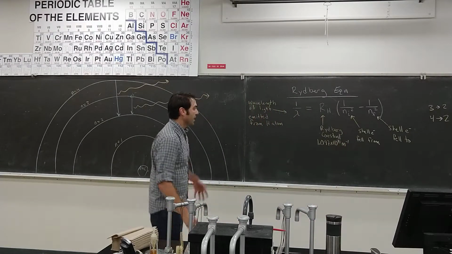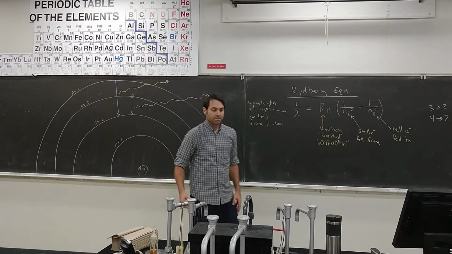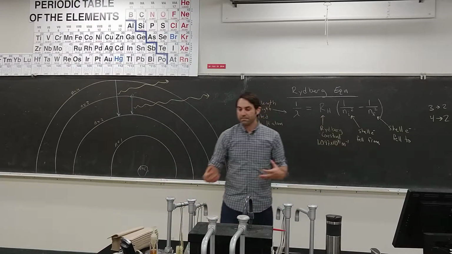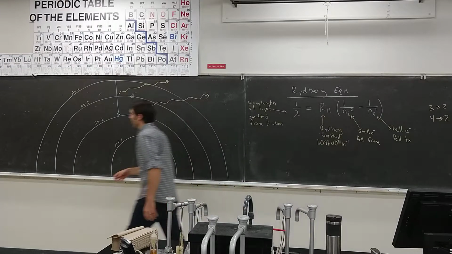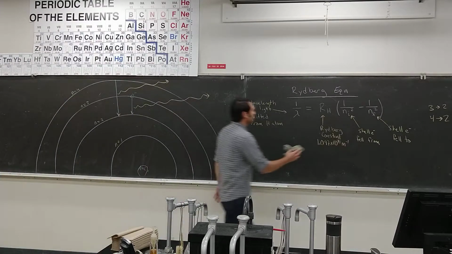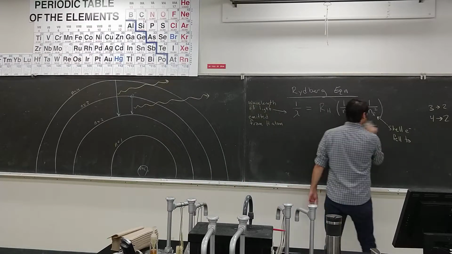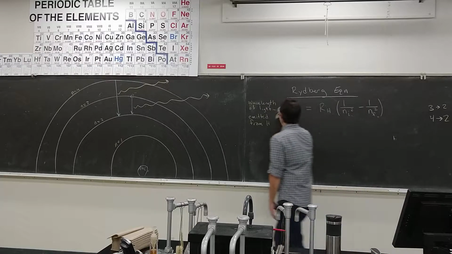So there's a cool modification of this equation that sort of gets us to what you were seeing in Mr. Velo's video. So it turns out that when you see the equation in this form, 1 over lambda,